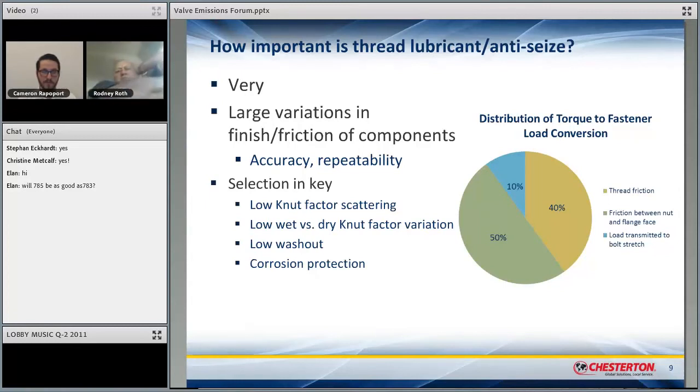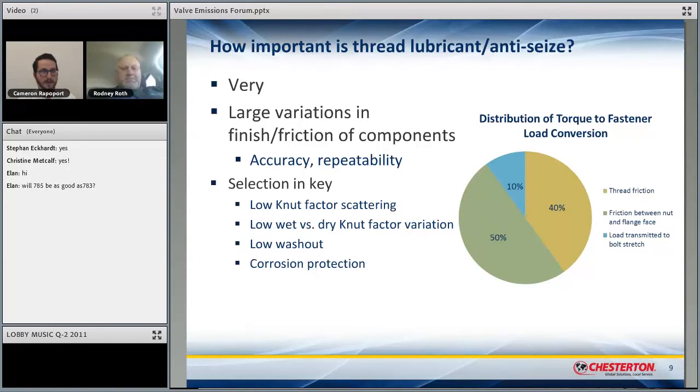And so what I'm saying wet or dry is that when it's been sitting there for a while, it's dry. Or it's 4 years after it's installed, it's dry. And so what friction factor, and friction factor is what we use to calculate the torque, along with the size of the studs and some other information. But what friction factor do you use? And so having a product that you can understand the dry friction factor is very important to know when you're retorquing 2 or 3 years down the road that you torque to an effective number to keep the packing loaded.